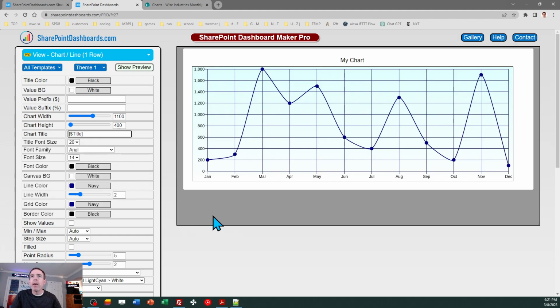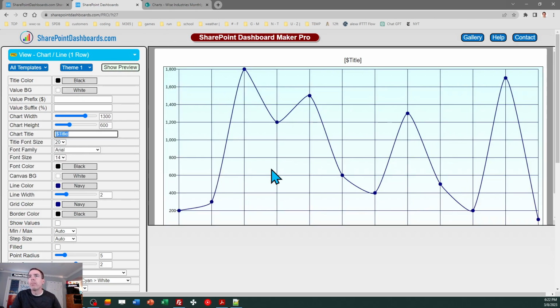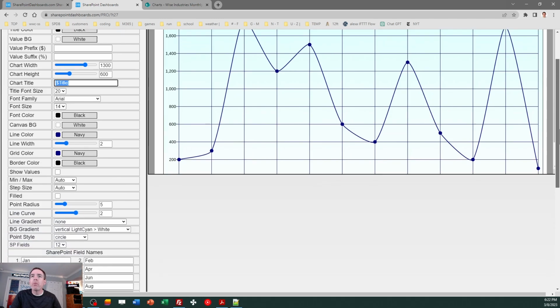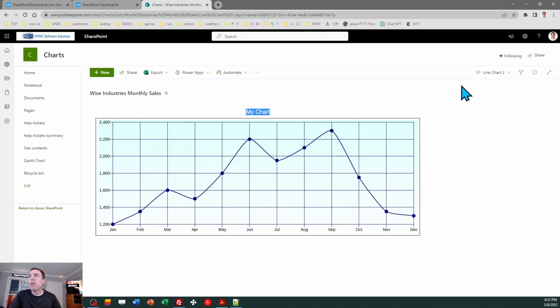So I adjusted that, and then let's go ahead and make that chart width a little bit wider, and I'm going to make the height taller too. Now what's great is this preview window is showing me real time what it's going to look like. So even before you copy your template, you're going to have a really good picture of how things are going to be in SharePoint. So I just copy template, I can hit OK, and